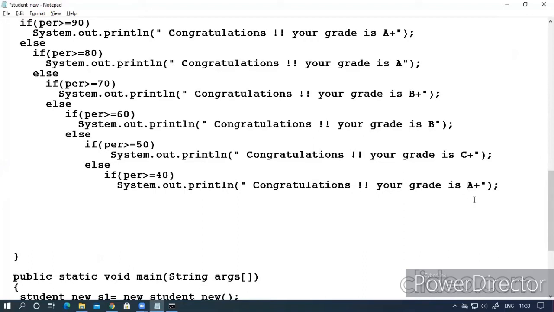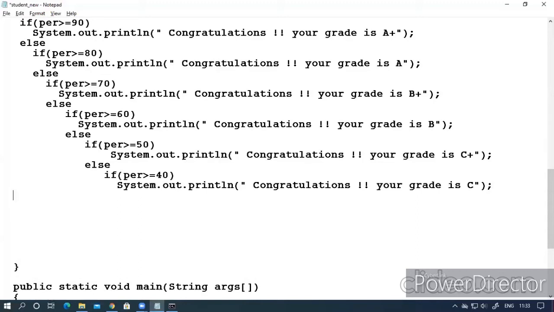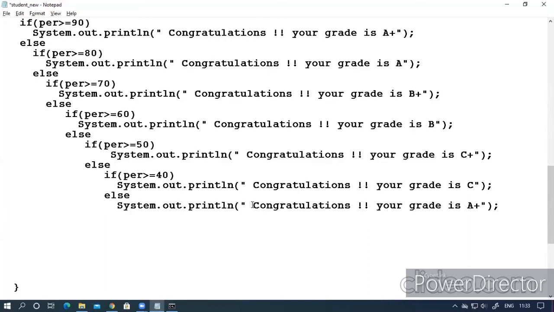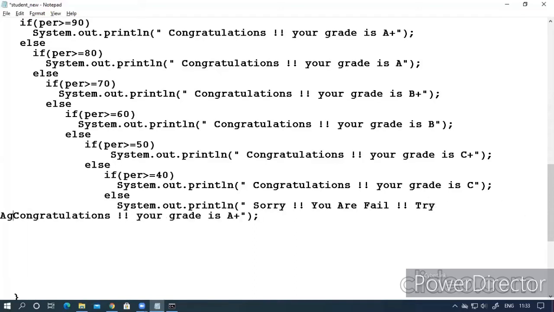This is your C grade. Else if the student is getting less than 40 marks, then I will message: sorry, you are fail, try again.